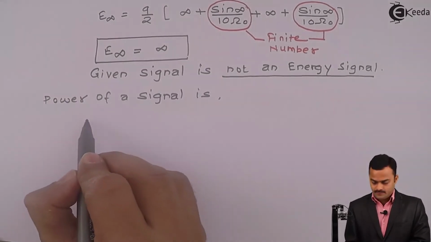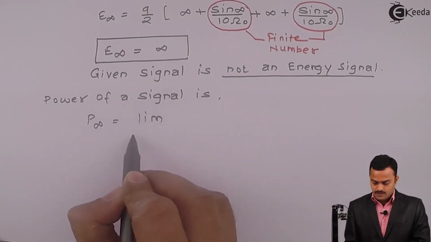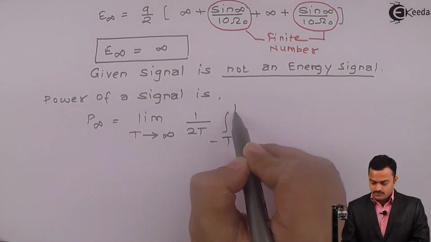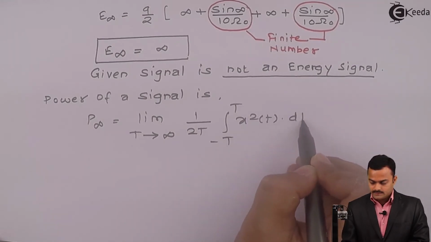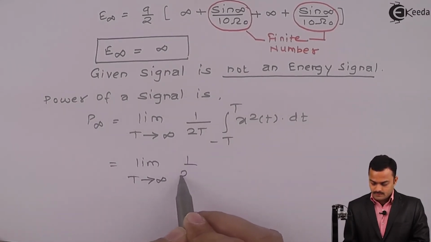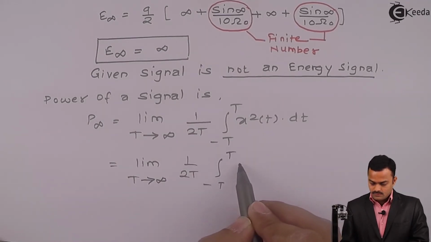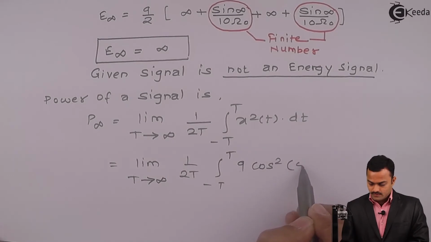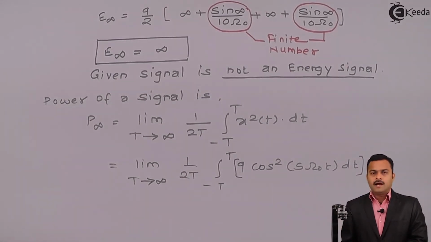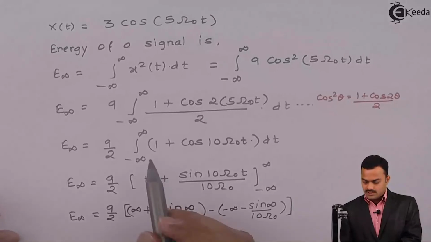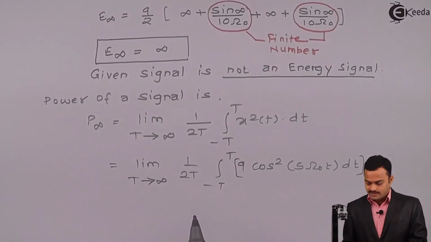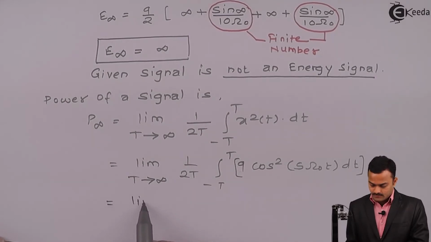Power is given by P infinity equal to the limit t tends to infinity of 1 upon 2T times the integral from minus T to T of x square t dt. So for our signal it will be 9 cos square pi omega 0 t dt. I think we can use this part of the energy calculation, which is absolutely similar over here except for the limits. So if I use that directly, I will get